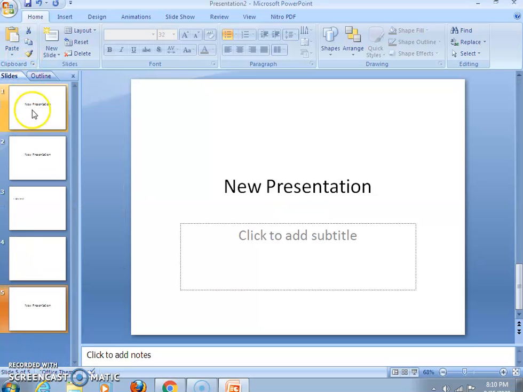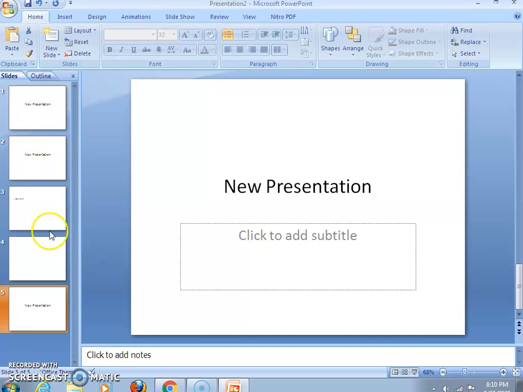See here, now 5 slides we have. One slide we inserted with the New Slide option from the Home tab. Another slide we inserted with the help of shortcut key combination Control plus M, and then we copied the slide with the help of Control C and Control V and the mouse copy and paste.